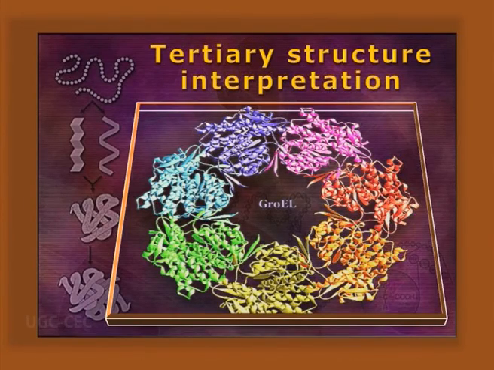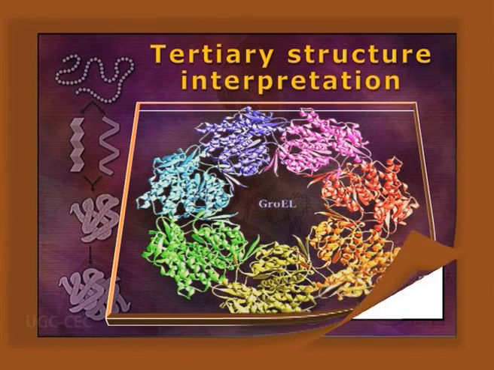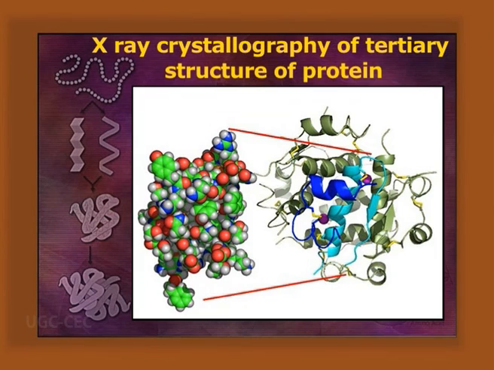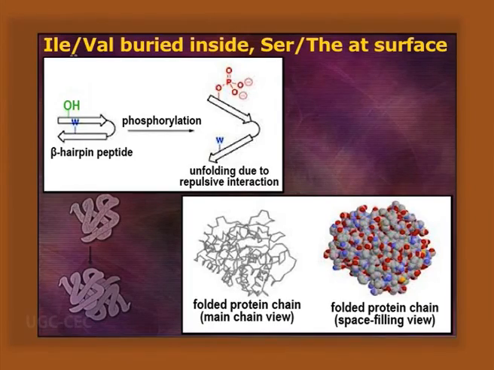Next, tertiary structure interpretation. By X-ray and NMR crystallographic structure, tertiary structure is well interpreted. In the crystalline structure, the native conformation can be known, where you can find the globular compact structure with carboxyl-containing amino acids like aspartic acid at the outer region, and within the core isoleucine and valine interacting to give the hydrophobic interaction. Serine and threonine can be present over the surface as well as in the interior core to impart hydrogen bonding. So this has various types of motif in tertiary structure.